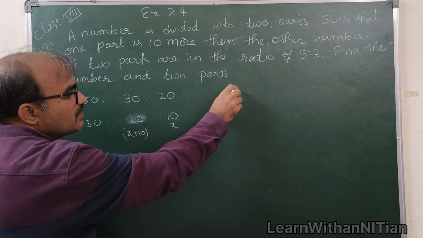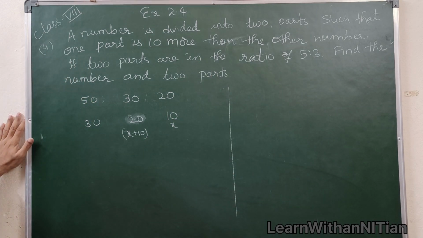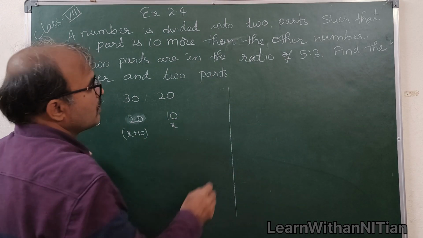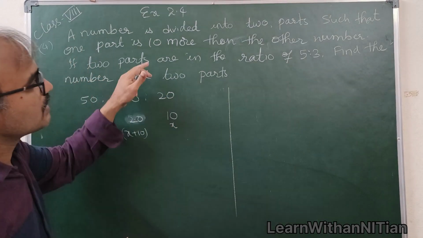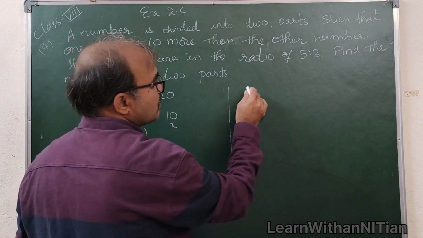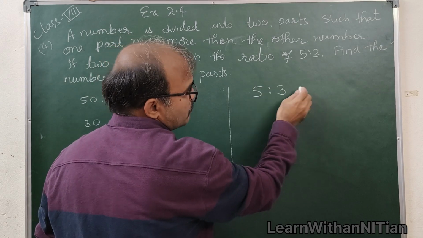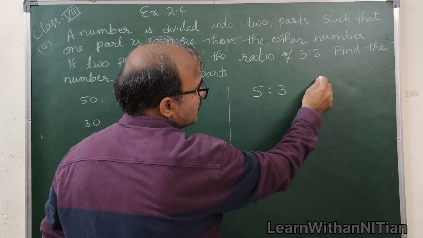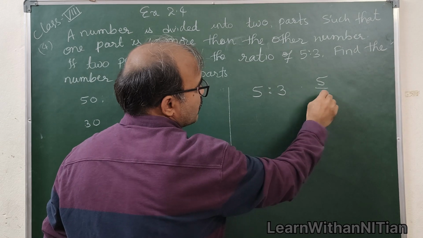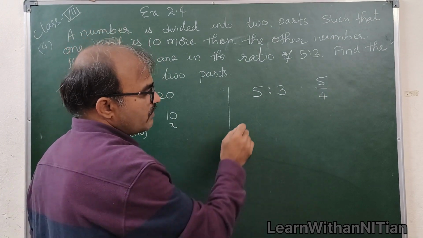So we can solve this in two ways, right? As the ratio is given, in one way, if you consider the second statement first, if two parts are in the ratio of 5:3, it means they have given the ratio of the numbers as 5:3. So what is the meaning actually? Right? If the numbers are